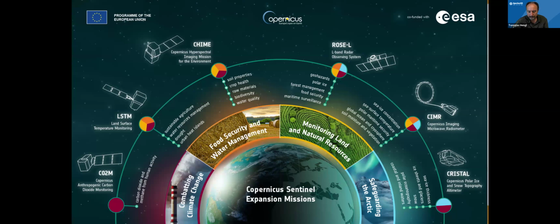Also, the interest in Earth observation is quite diverse, but you see the soil properties pop up here, crop health. So there's a lot of interest in monitoring the land and monitoring agricultural production and food security, etc. There are also quite some hyperspectral missions coming up, listed here. So it's an exciting time. There's also LSTM, land surface temperature monitoring, with 5 thermal bands that will allow us to see fine-grain temperature differences of objects.